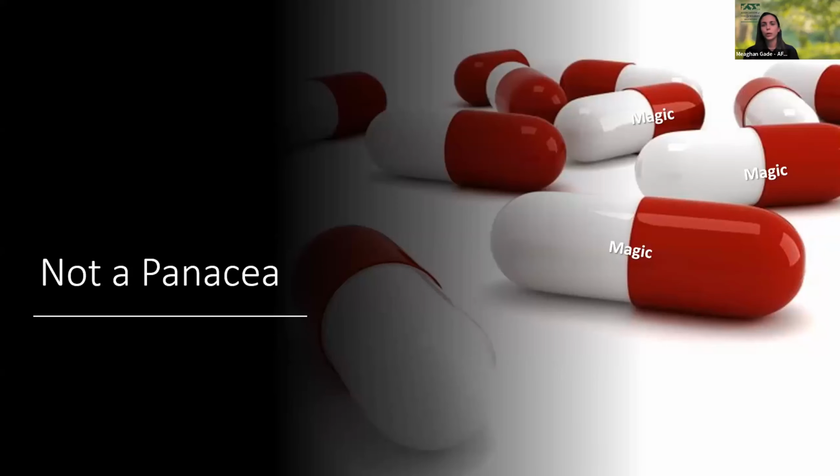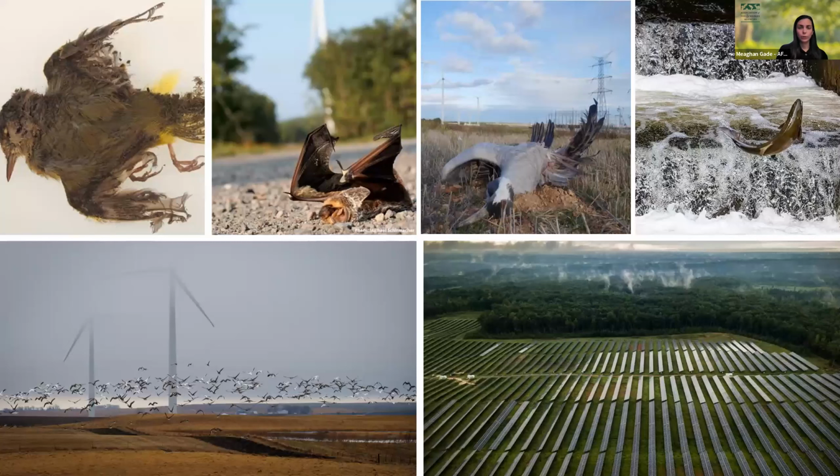So unfortunately, renewable energy has its own pitfalls. There's a lot of things that are in the con column of renewable energy. As much as we need it, and however important renewables are, it's not the magic pill that's going to solve everything and have no consequences. One of the biggest consequences and downsides to renewable energy is when it comes to wildlife and wildlands. We see a lot of bird and bat collisions. We see a lot of land being taken up by solar. We see animal movement and animal behavior being disrupted by the presence of this renewable energy.